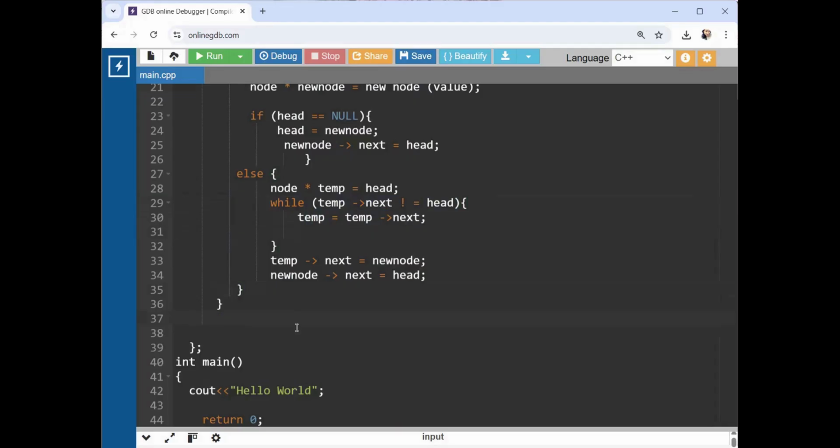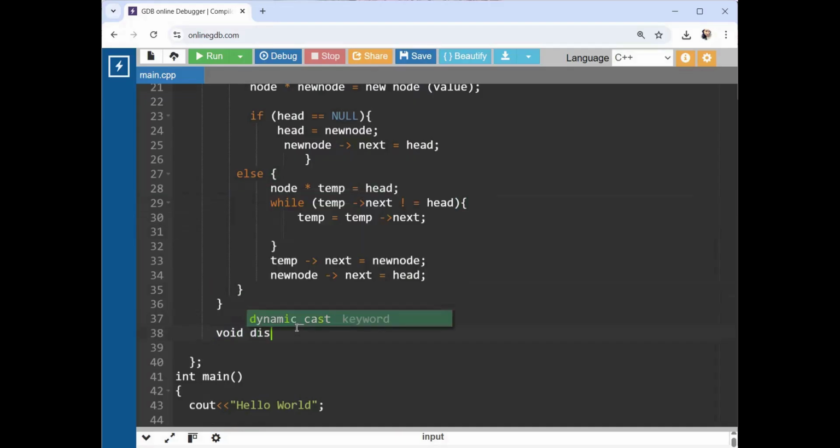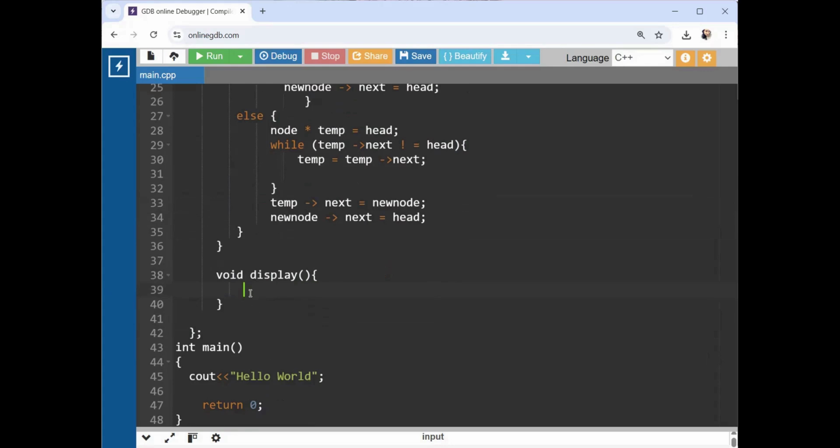I am writing a simple function named display, with return type void. First I need to know whether the list is empty or not. If it is not, then only it will print. So if head is equal to null, then simply print